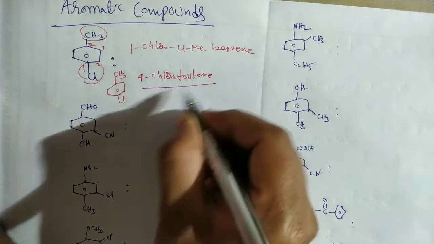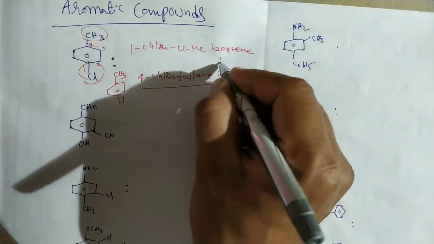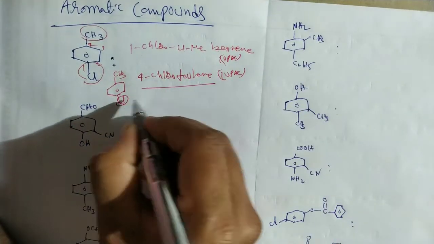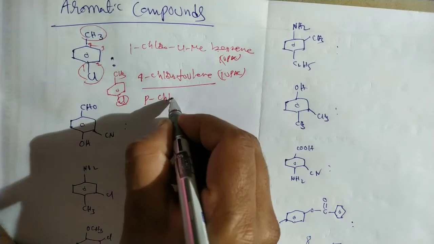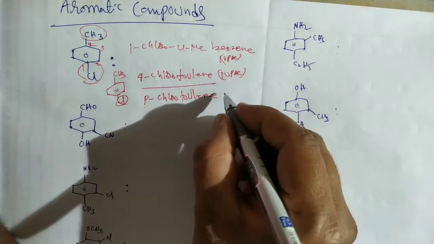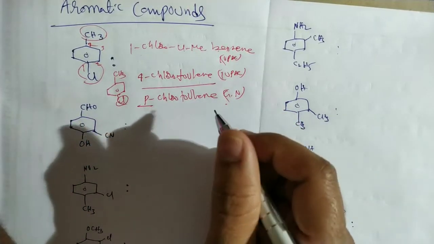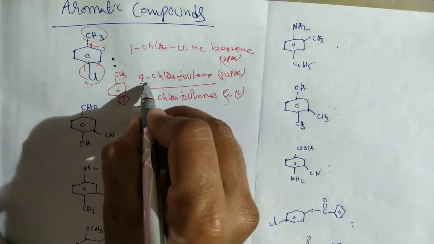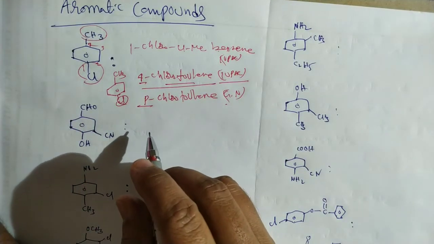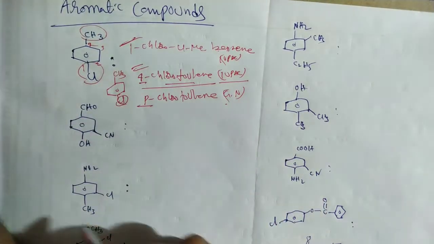chlorotoluene. This compound is 4-chlorotoluene. It is also considered as an IUPAC name. But here this fourth position is nothing but para, so para-chlorotoluene. Para-chlorotoluene is not an IUPAC name, it is a general name. While using para, that becomes a general name. Here number 4, that is 4-chlorotoluene, that is an IUPAC name. As a previous IIT question, it was a more than one answer question, so these two are the IUPAC names of this compound.